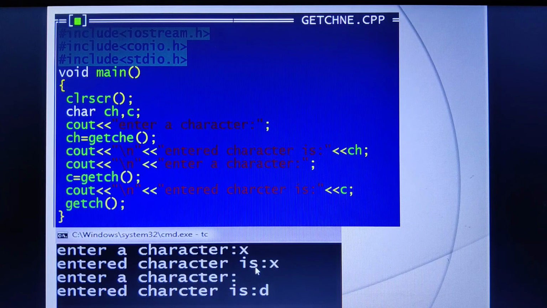That means it will print onto the output screen without making the user even press enter. Whereas the getch function doesn't echo the character that has been read onto the output screen. That means it doesn't print what character is given by the user. Instead, when we want the output, it actually prints.